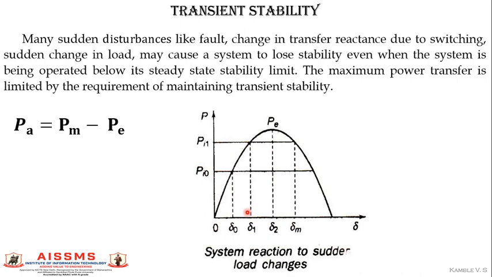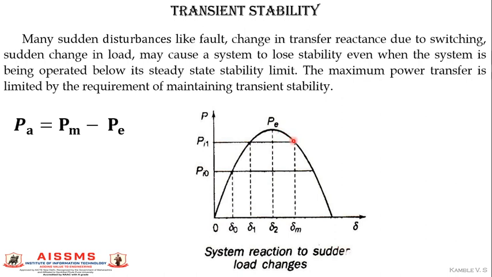Now what will be the maximum limit of the transient stability? In steady state stability we have seen that the maximum limit is 90 degrees. Beyond 90 degrees the system can't become stable. It will move into the unstable mode, or it will move out of synchronism. But here, what will happen if this system goes beyond 90 degrees also? What happens up to this point? What is the electrical power? Electrical power is more than the